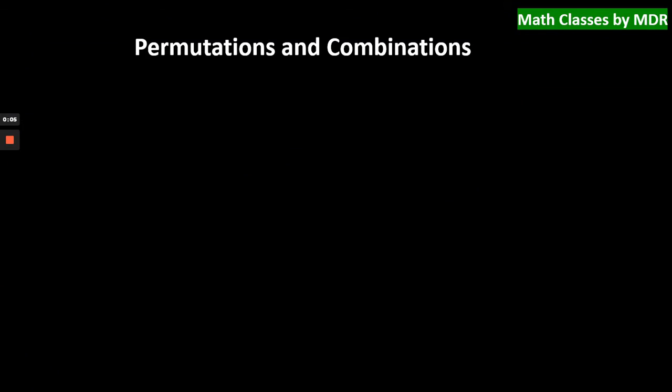In this video, I'm going to discuss the problems on permutations and combinations. So I'm going to take the problems from exercise 7.1 of the NCERT textbook. The problems from exercise 7.1 are completely based on permutations. So let us see what permutations are and how to solve the problems by using the concept of permutations.